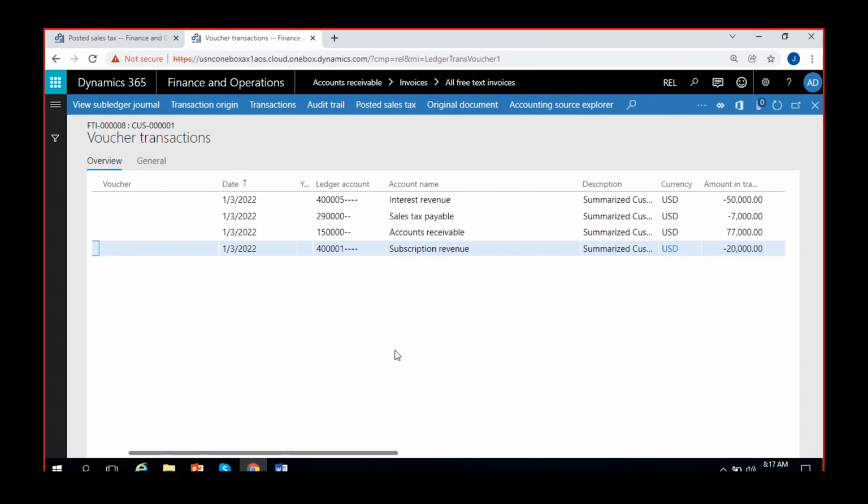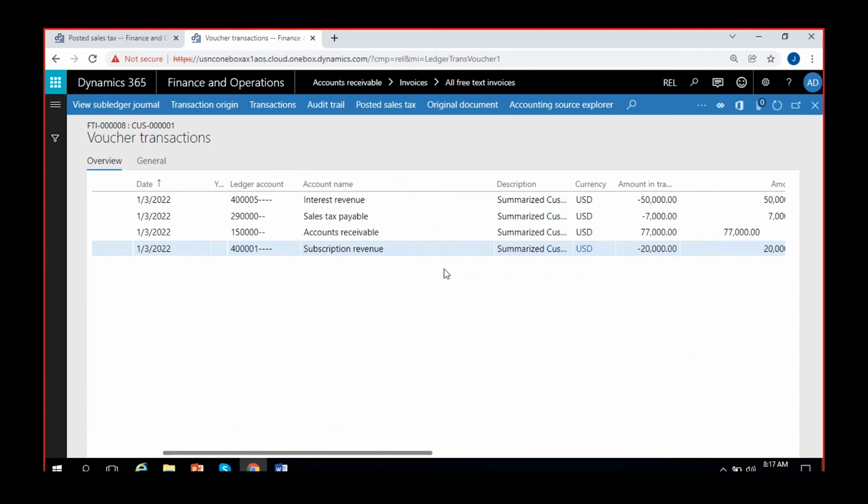You can see it clearly. Interest revenue created 50, subscription revenue created 20, accounts receivable account debited 77,000, and sales tax payable account created 7,000. Perfect. So if you get the entry right, you are doing good accounting, or you have done all the configurations